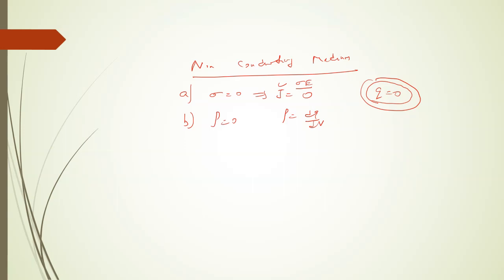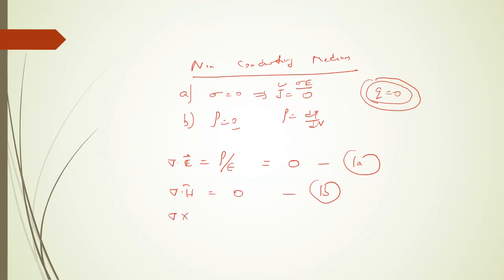Now we will rewrite the Maxwell's equations here. The first Maxwell equation is del dot E equals rho by epsilon. If it is free space, it becomes rho by epsilon naught. Now if rho equals 0, then this is 0. This will be our equation number 1a. Second is del dot H equals 0. This is equation 1b. I have derived all these Maxwell equations,